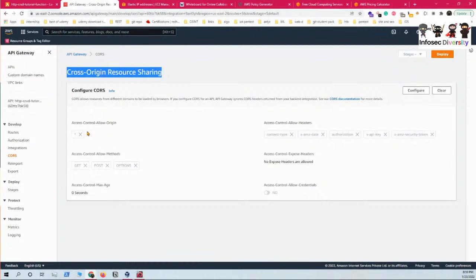And there is this very important header present here which says allow credentials, and right now it's no, which is good. But if it's yes, and we are using a combination of wildcard and yes, it means